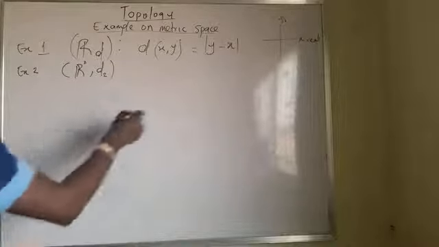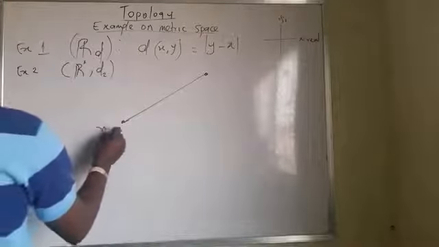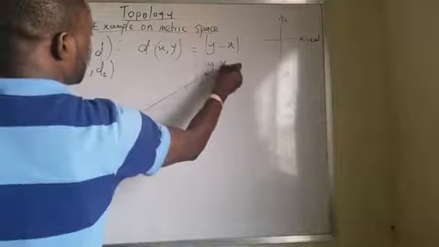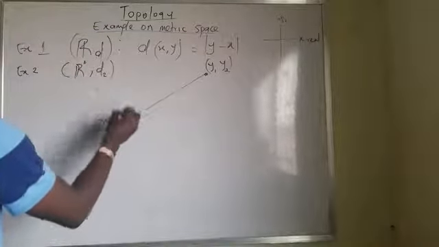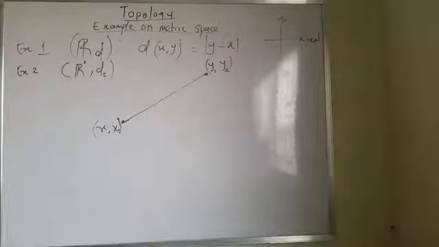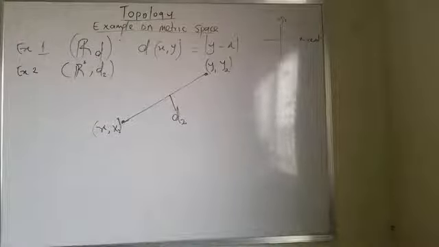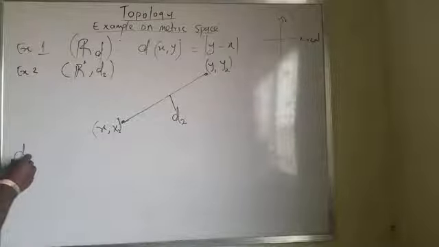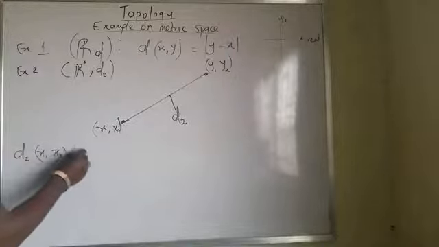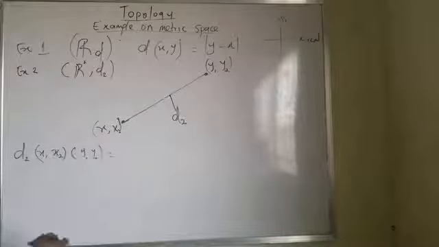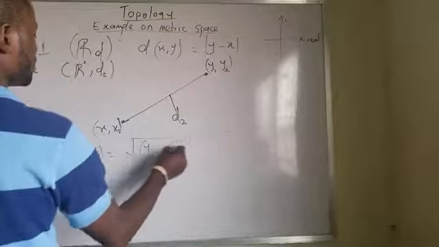Now, if I have this, I have a distance like this. This is the distance. I have this one as x comma x and y comma y, which are going to be the coordinates, because the coordinates will come together and generate a point. Once I have something like this, this is called d2, which is the distance I'm having. I'm talking about a real number. It means my d2 of x1, x2, and also y1, y2, will be equal to the square root of y1 minus x1 squared plus